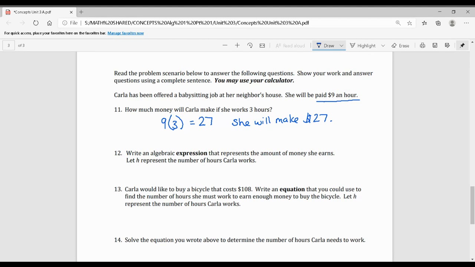Now it says write an algebraic expression that represents the money earned. Let H represent the number of hours. So my variable is H this time. Somebody else, tell us, what will the expression be? So H would be 3, right? So in the last problem, H was 3. Now we're just going to leave H as H. So it'll be like